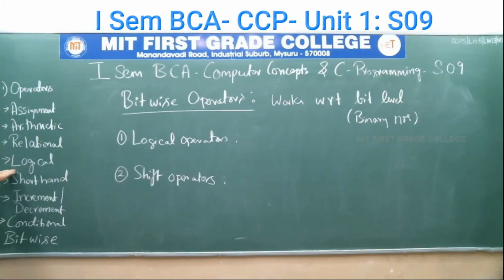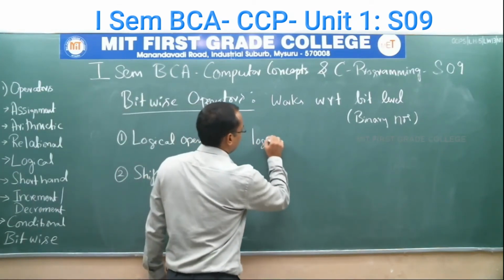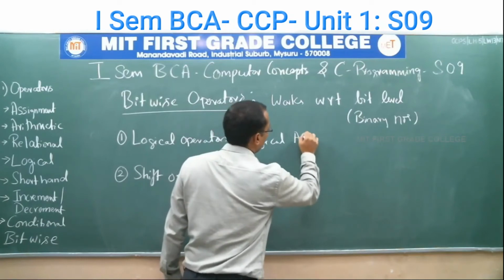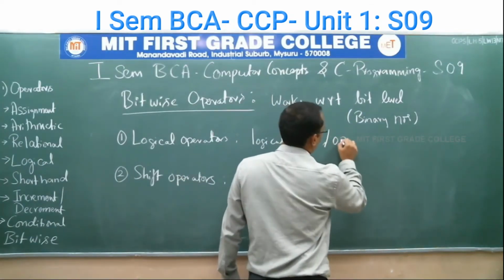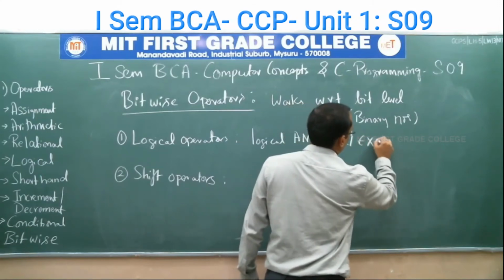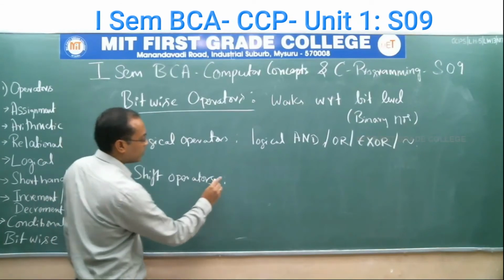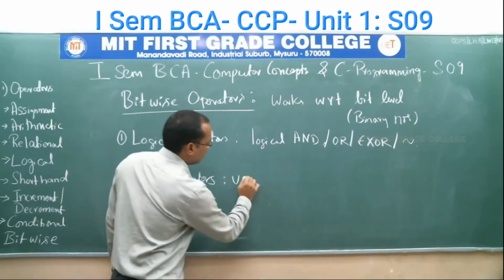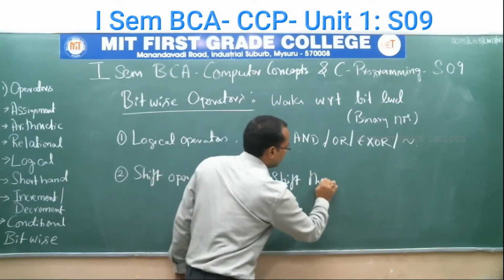Just now we discussed them in the case of the regular logical operators. What are the logical operators? Logical AND, OR, XOR, or complement. Similarly, shift operators are used to shift the bits